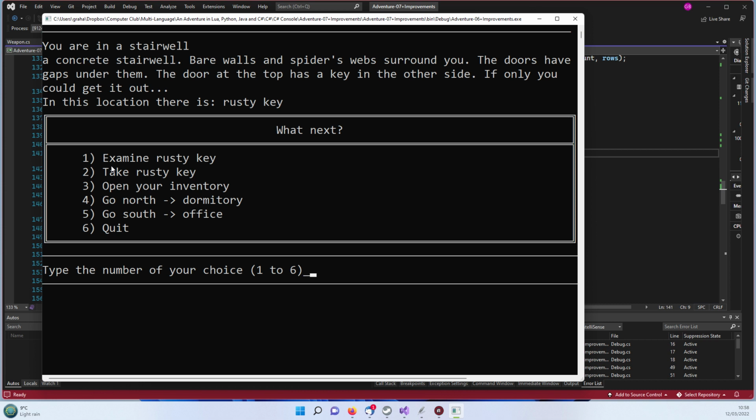Concrete stairwell, bare walls and a spider's web surround you. The doors have gaps under them. The door at the top has a key in the other side. If only you could get it out. Okay, so this would be where the key retriever is. Now, I'm thinking if you've got gaps under the doors and there's a key in the other side, maybe you could poke the